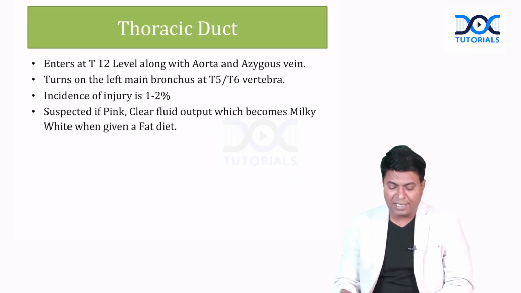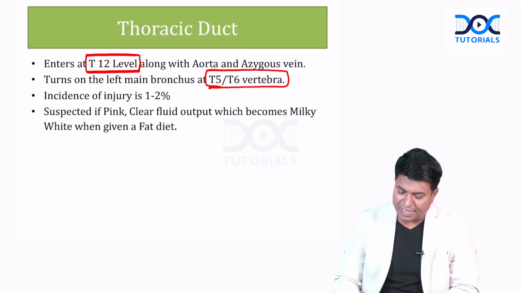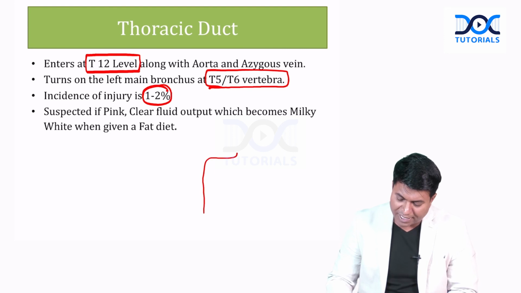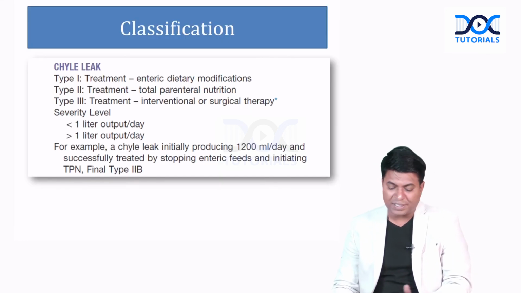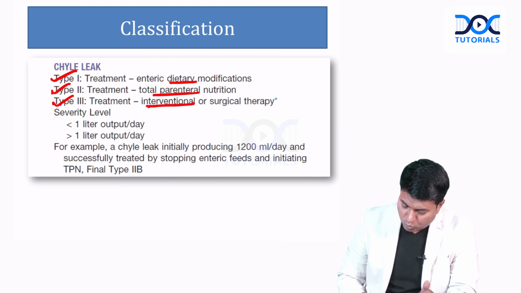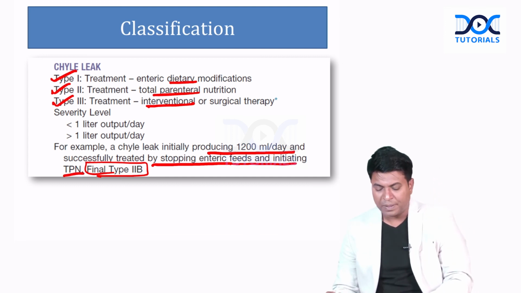So the thoracic duct enters at the level of T12 vertebra and it turns towards the left side at T5 to T6, and the incidence of injury is 1 to 2%. So please remember, it crosses from right side to left side at T5, T6 vertebra and it enters the left subclavian vein. Type 1 is only dietary modification, type 2 is TPN, type 3 is interventional treatment. I told you, type 2B is what? More than 1200 ml per day,